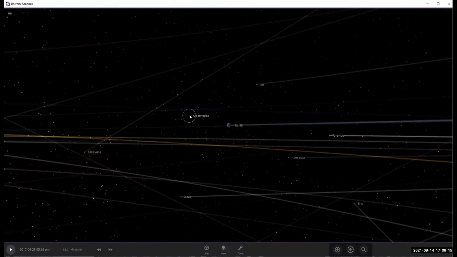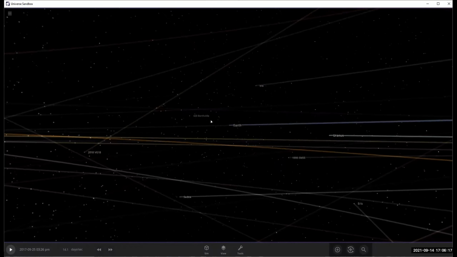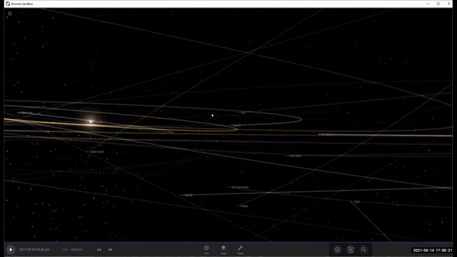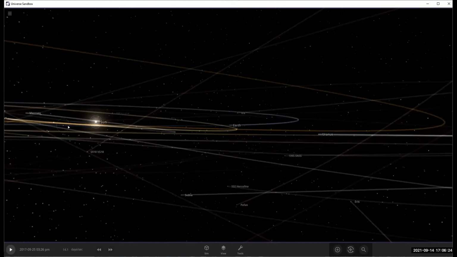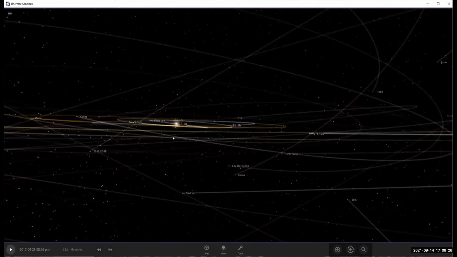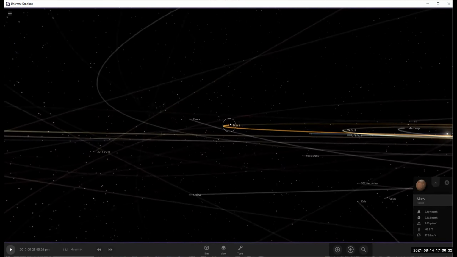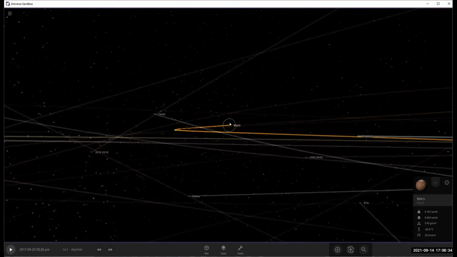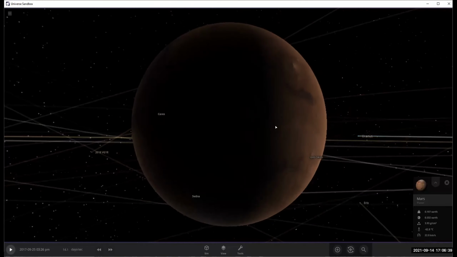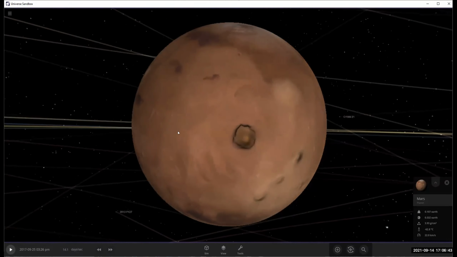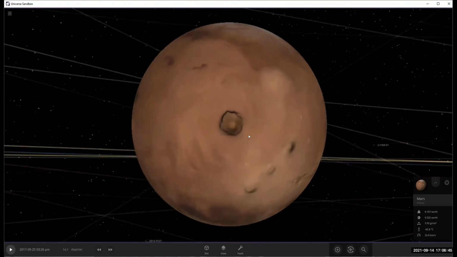Let me find where Mars is, because Mars now is a subject of intense study and intense exploration, and we're learning a lot from Mars about other objects in the solar system. Where is Mars in here? Here is Mars. So if I zoom in into Mars right now, and turn into the daytime on it, well,